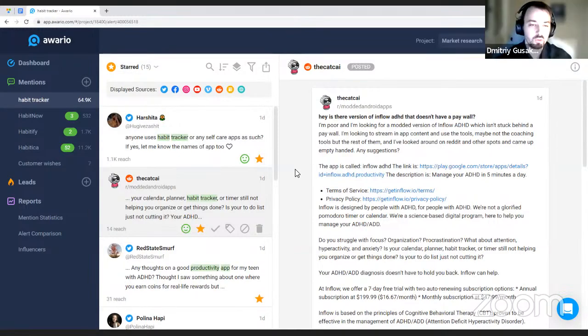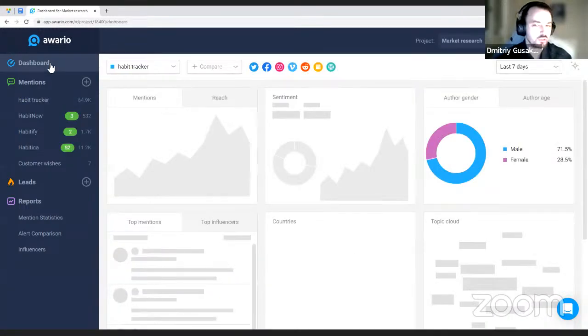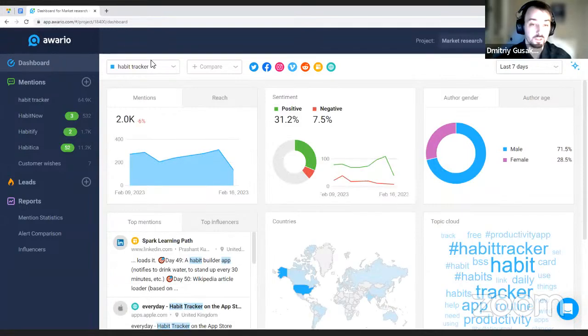You would turn to the stats in that same alert. Basically, if you want to get a general feel for how many people express some sort of interest in habit tracking, you can turn to stats and look, for example, right here to the volume of mentions part. Basically, it says that in the last week, about 2,000 mentions of habit tracker in some way or another popped up. It's important to note that this is by no means 100% accurate necessarily. It's just, again, for a general feel. So you can assume that at least this many people would be interested among the platforms we have here.